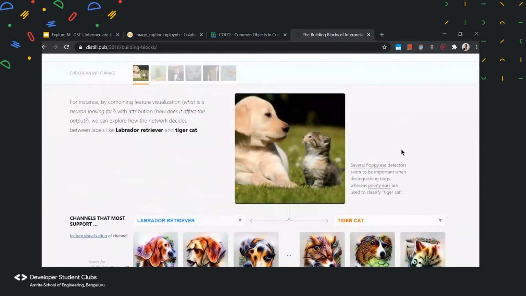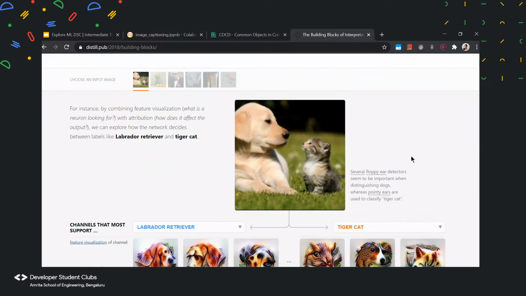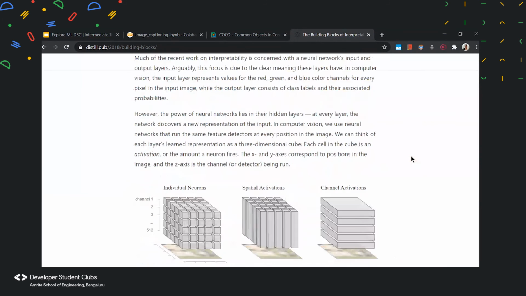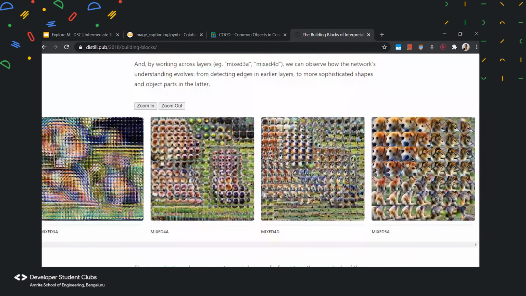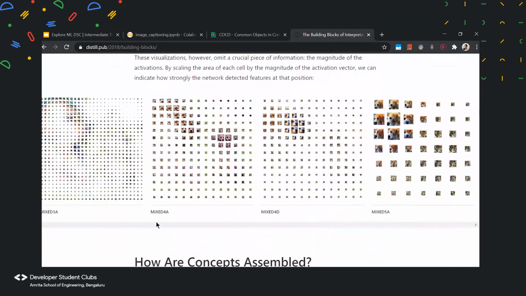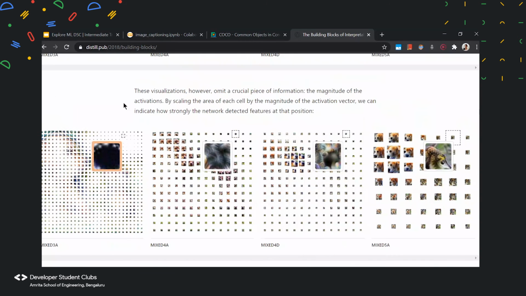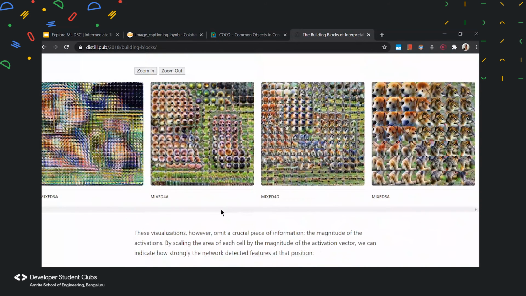Let's take this example where we're trying to differentiate between a cat and a dog, and let's see what our neural network is actually seeing. If you scroll down, you can actually see the different layers. These are representative of the layers, and the array is what the neural network is focusing on. So this is the actual image it's focusing on. You can see there's the dog, then there's the cat. But as it moves through your neural network, different parts of the image are retained in order for the model to generate the correct output.